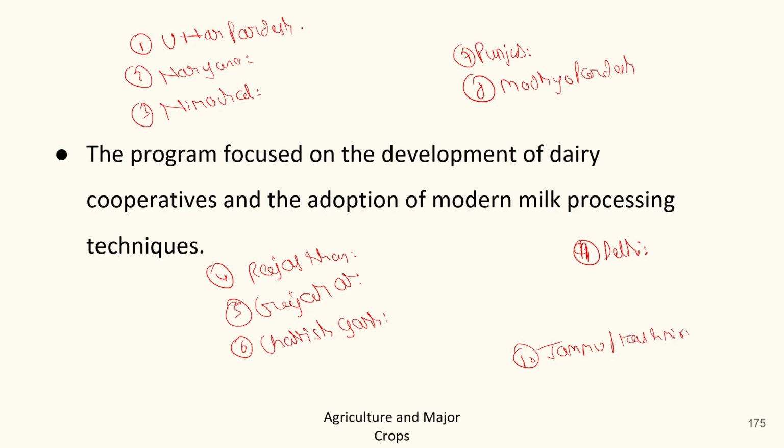Jammu Kashmir. So Uttar Pradesh state brand is Parag. Haryana state brand is Vita. Himachal state brand is Him. Rajasthan state brand is Saras. Gujarat state brand is Amul. Chhattisgarh state brand is